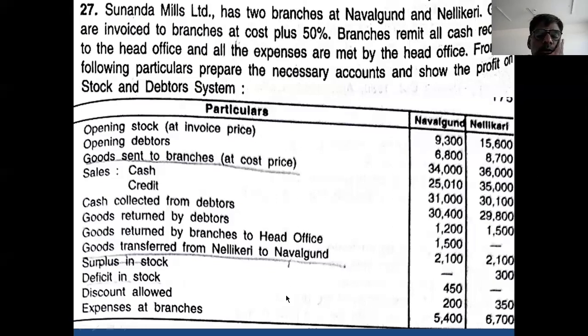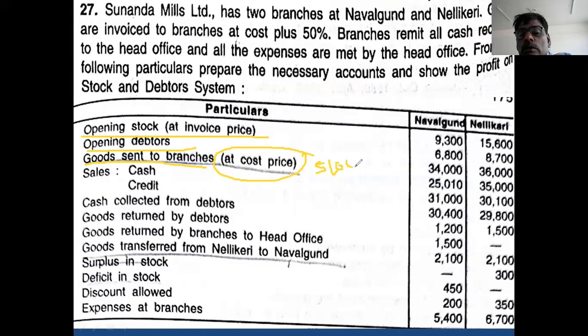Opening stock comes on the debit side of the branch stock account. Opening debtors account, debit side. Goods sent to branch is here and this is cost price. This is very important. Cost price. So 34,000 is the cost, 50% is the loading. 34,000 into 50% means 17,000. You add that and its answer is